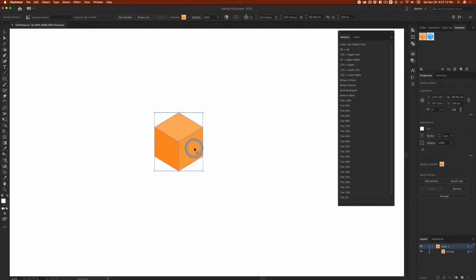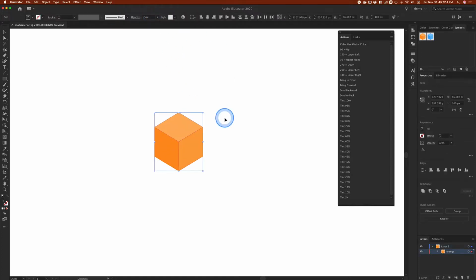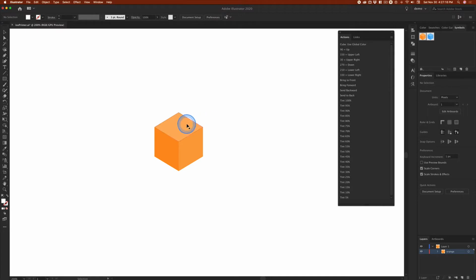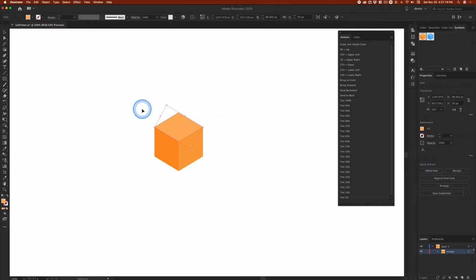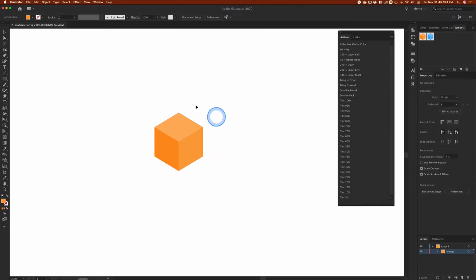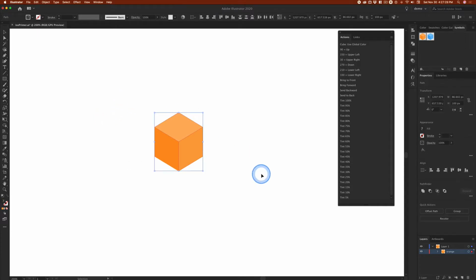And warning, there's a cat on the desk, so at any moment things could get really interesting here. So I'll drag one of these symbols out. I'm going to break the link. Click away to deselect, click one time, and notice that this is no longer grouped. That's kind of weird because it seems like it should be, but we'll roll with it, okay? So I'm going to select everything,